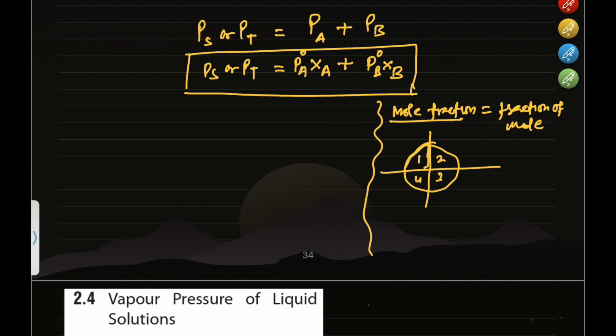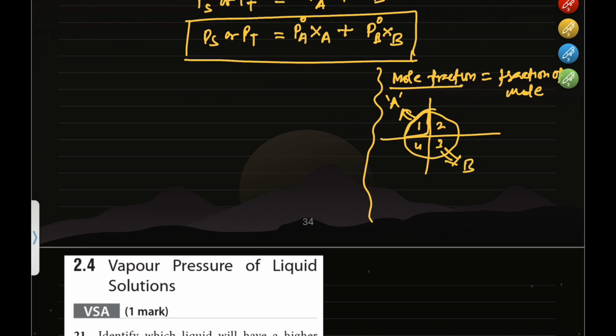If part 1 is given to person A, and parts 2, 3 and 4 are given to person B,